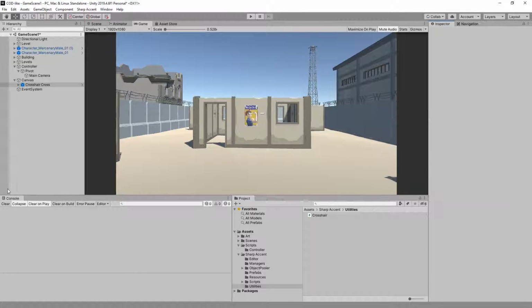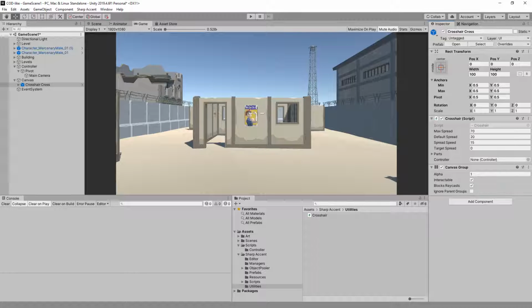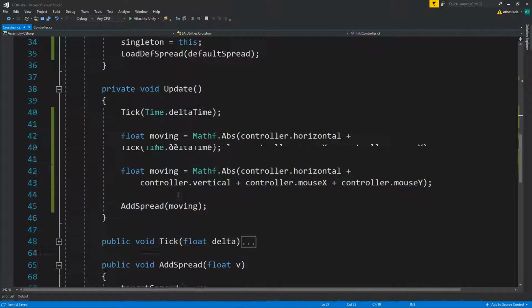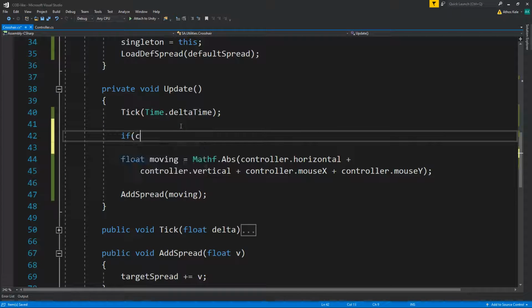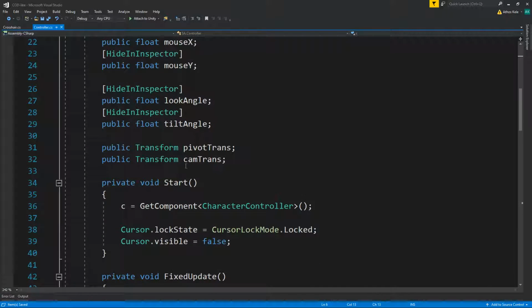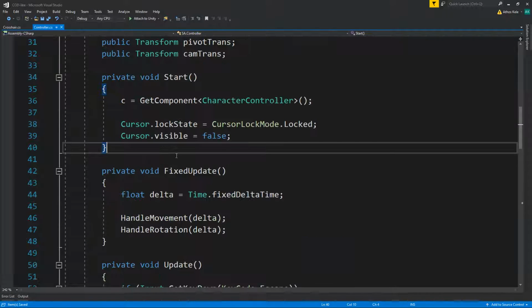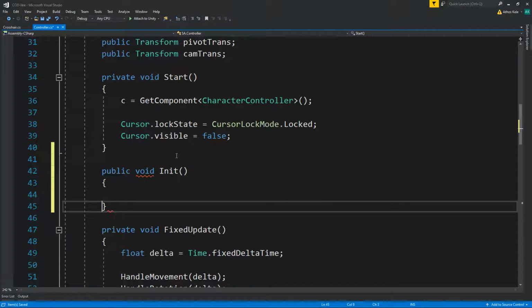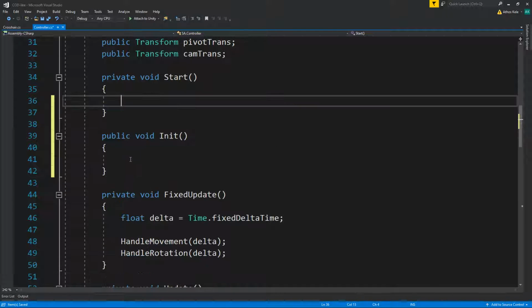We do need to run the init first, of course, and because we are accessing the controller, we're going to say if controller is null, then simply return. Don't do anything. On my controller then, in start, I'm actually going to make this public void init because it's going to become useful later